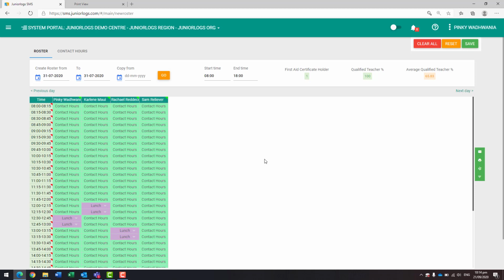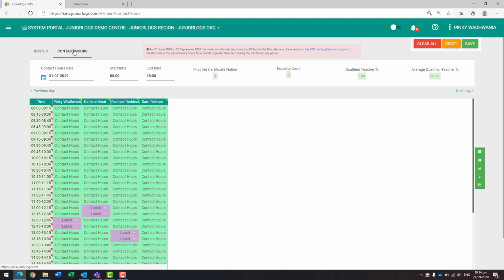Then we move to the contact hours recording page. What does it do? So it simply copies over the roster hours that you have saved, but then on top of it, you may have something going completely different to how it was actually planned. So if someone was away or you had to swap over the hours, you can do all of those changes here, including the discretionary hours count added to this as well, so that when you save to it, again you